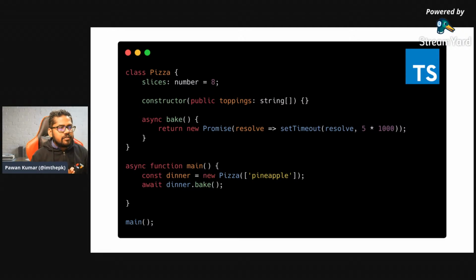And now we see that we can write something like dinner.bake, which means we will use this dinner object and call the method called bake. Okay, and await means it will wait until it returns something. So that's what we are doing here in TypeScript, right? And now we will try to relate it with Dart. Then we are just printing with console.log, printing yum, and joining all the strings in that array.